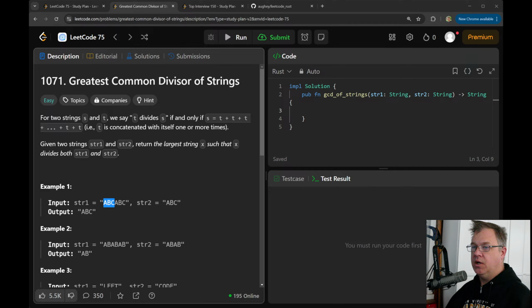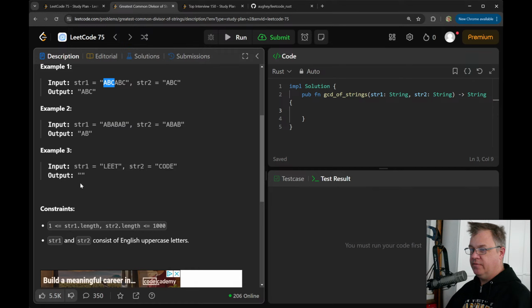Oh, because what do they want the false condition? Yeah, they want the false condition to be an empty string. Don't do that. Just don't. Okay. So here, ABC, ABC. Oh, good. Let's debug. I'm curious to see.